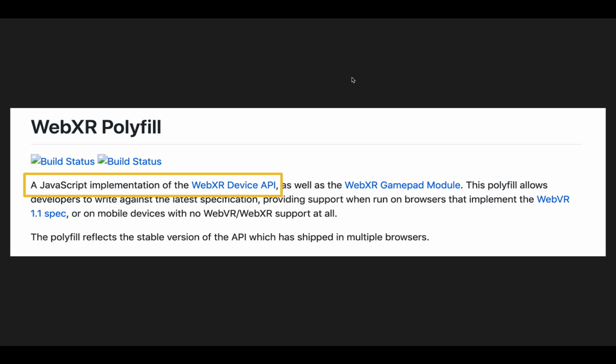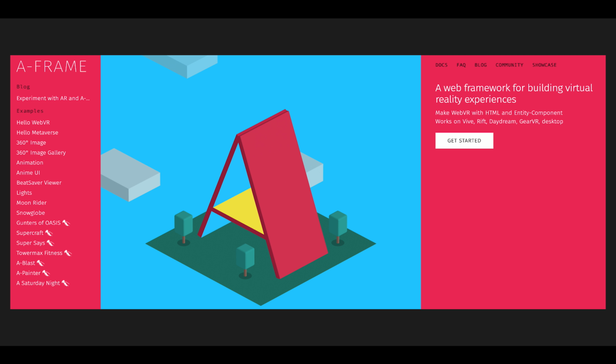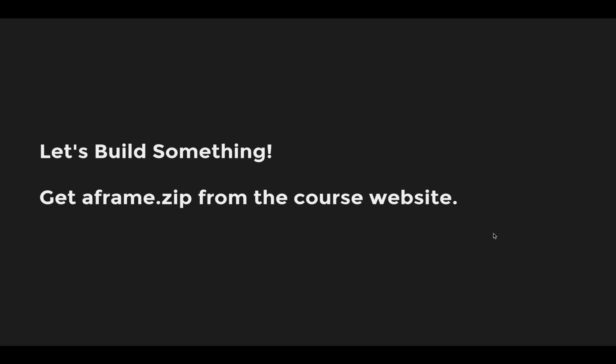So in the web development world, you'll hear these things called polyfills. And polyfills are usually taking JavaScript and trying to fill in anything that isn't standardized in a specification. Like, so we have a WebXR polyfill. Now, you don't really need to worry about this, because what we're going to do is use something that has it all built in and worked out for us. A really nice open source project called A-Frame. And A-Frame is a JavaScript framework for building virtual reality experiences with HTML. And it's JavaScript driven, and we'll see how it works in a second.